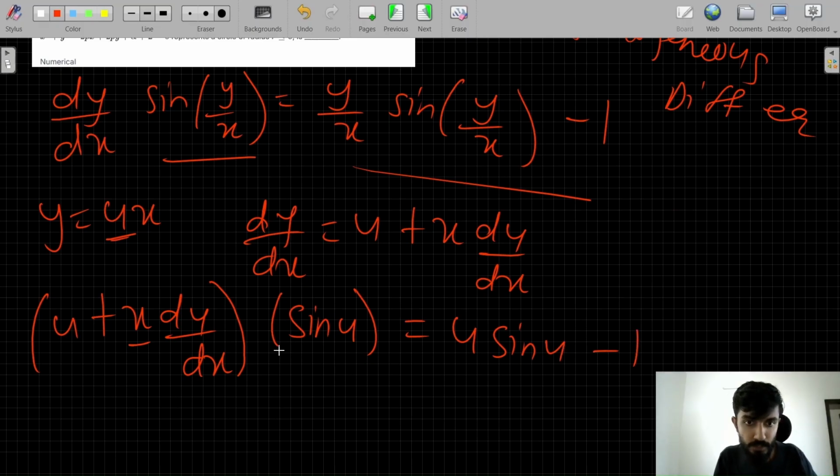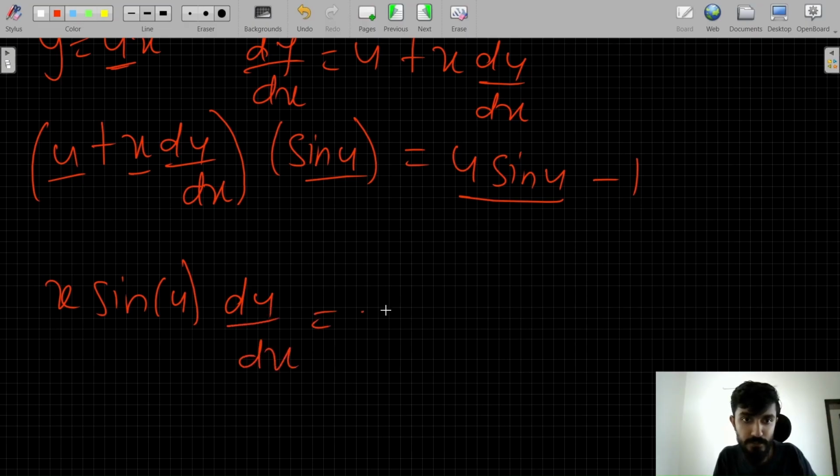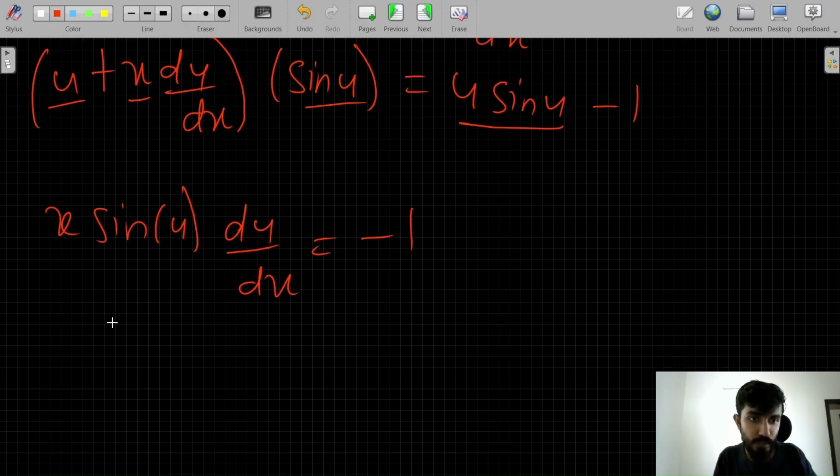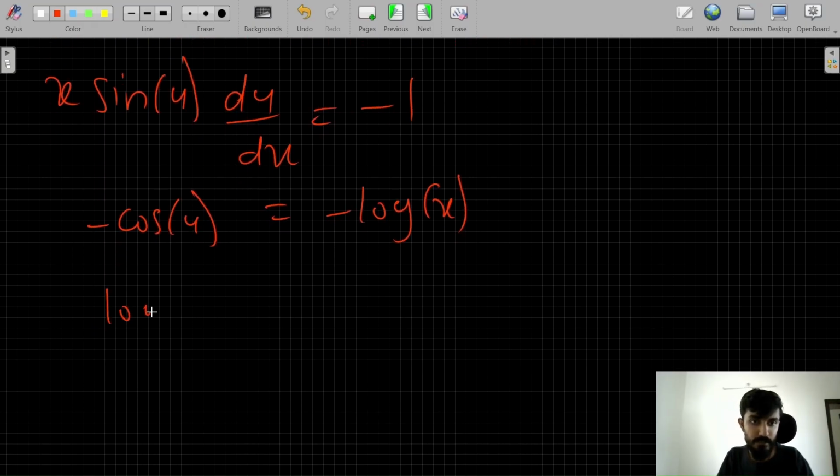Simple as that. Now, in the LHS and RHS, we have one term of u sine u, which will be cancelled, thereby simplifying it much more. x sine u du by dx equals to minus 1. Now solving this part is very easy. So we get minus cos u on the LHS after integrating, and minus log x. So we get log x equals to cos